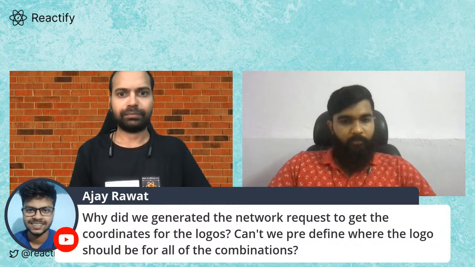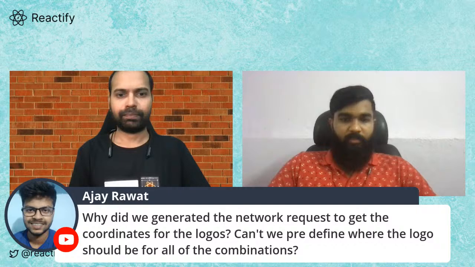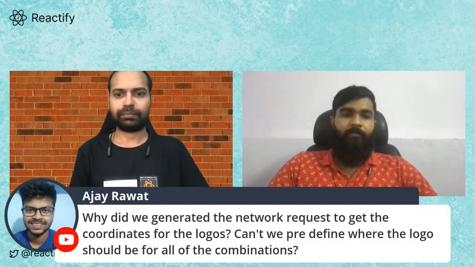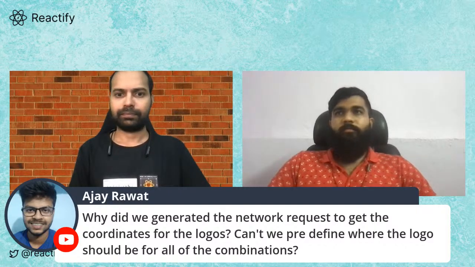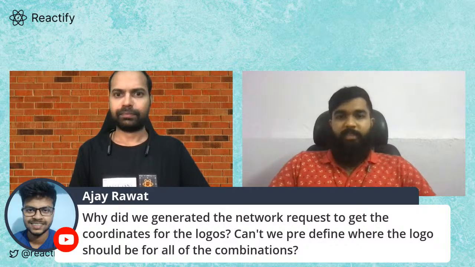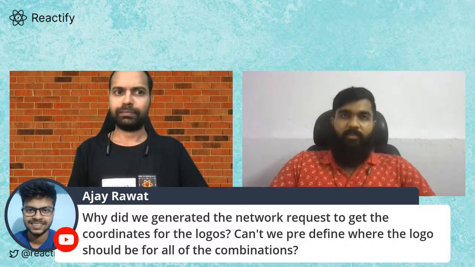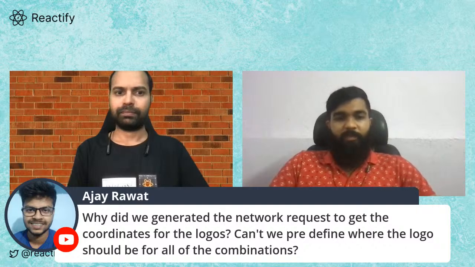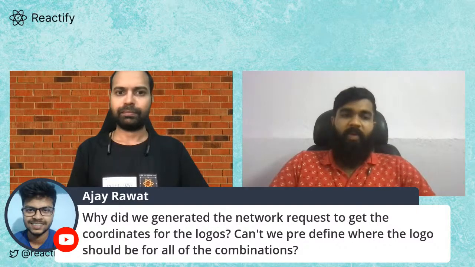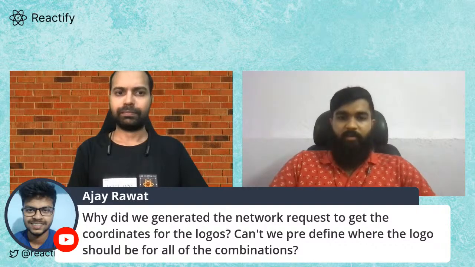Why did we generate the network request to get the coordinates? Can't we predefine where the logo should be? Actually, let's say there can be dependencies between these assets. When there is only one primary logo and no secondary logo, we shouldn't even have the coordinates for the secondary logo. So that's why we resorted to this, and we want to stick to the principles of the actual team that generates the final previews. So we make a call to that team to get the coordinates, and we generate the